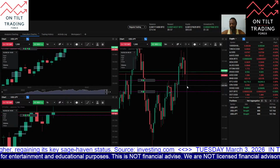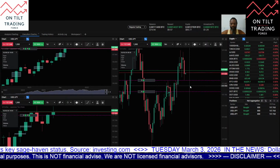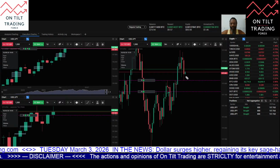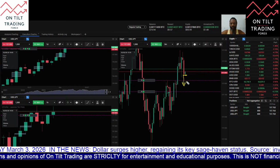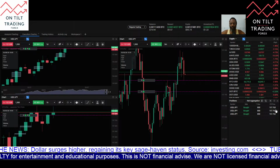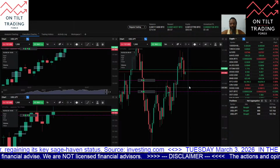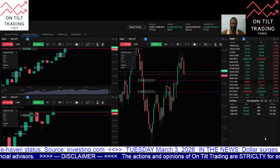For the time being, there's less than a minute left in this current candle. There's some liquidity below this candle as it just opened, so I'm going to anticipate that price is going to come lower here. And now we have that liquidity taken, so now price can deliver to the buy side or to the sell side. I'm uncertain on where price would want to deliver, but I'm going to still hold this order here